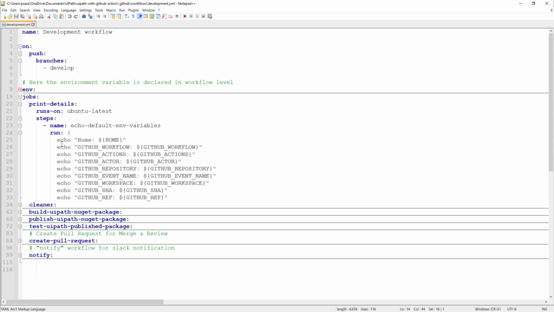So I'm printing default environment variables which are given by GitHub: which workflow has been triggered, what is the GitHub action, who is the actor, on which repository this got triggered, and what is the event on the basis of which this workflow has been triggered. Workspace is nothing but a temporary directory where your code will be downloaded and executed. So I am printing that as well.